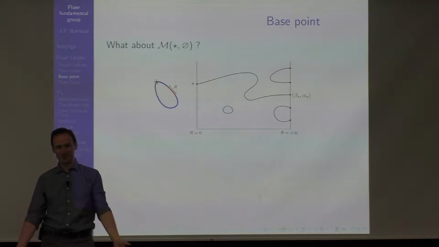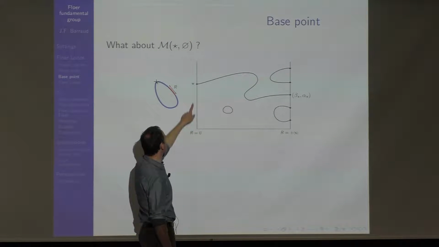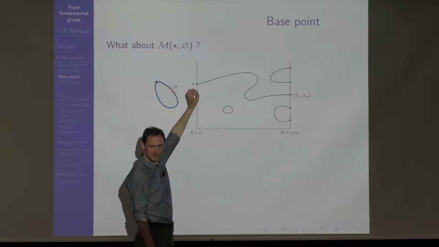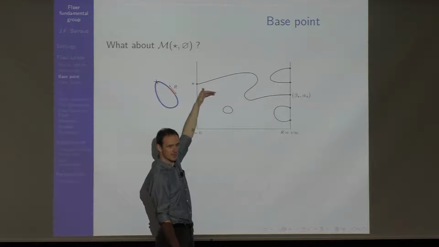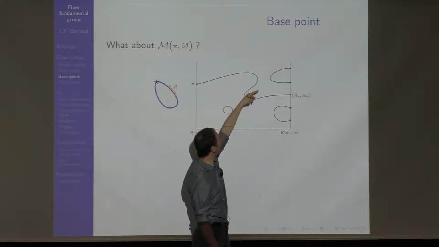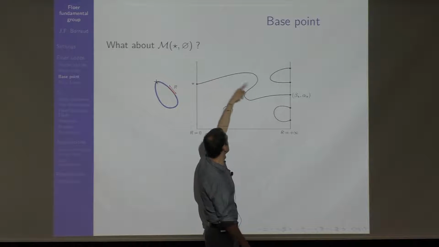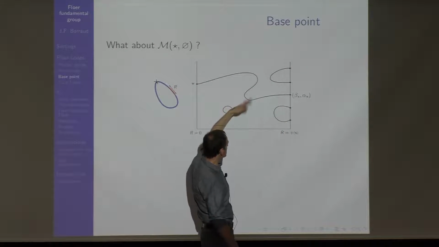And I said that there were no such things, but in fact, there are always the trivial things. There are the constant disks. So over R goes to 0, you have exactly one solution, which is the constant disk at the base point. And it's not hard to see that this solution is regular, so you really have a moduli space starting there. And there is exactly one component of my moduli space that looks like this. It starts over 0 and it ends somewhere. And of course, the projection is proper, and